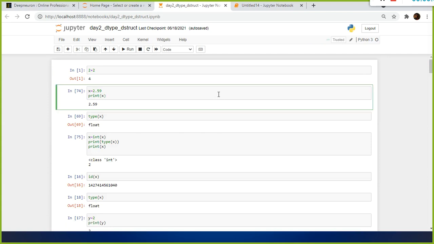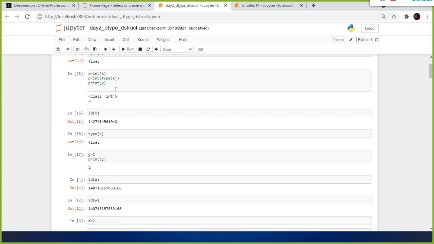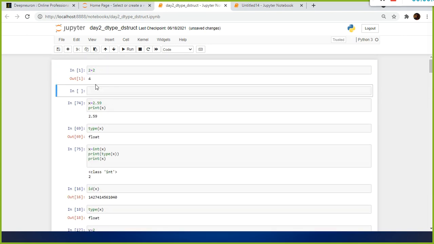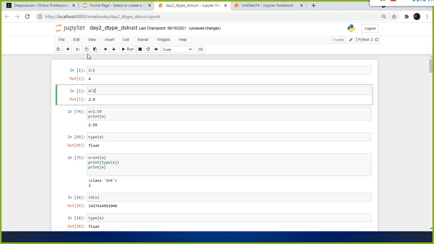So okay, how to perform the basic arithmetic, right? The arithmetic operators we discussed: plus, minus, and division also. Division is, for example, 2 divided by 2, or 4 divided by 2. So this is your division operator. 4 divided by 2 is 2.0.